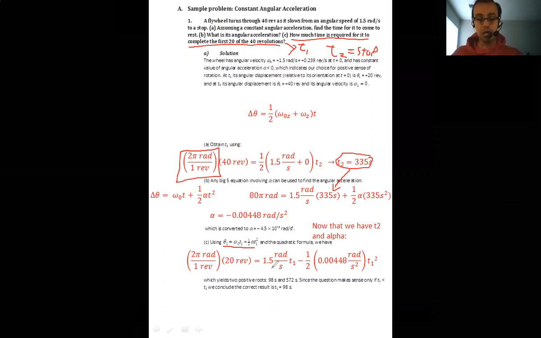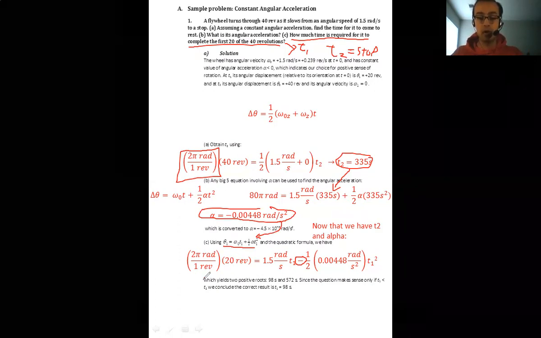We know our initial velocity times T1 minus 1/2 times 0.00448 radians per second squared times T1 squared. The reason that this is minus is that our acceleration is negative. So if we take this quantity and plug it into this equation, then we're going to see this minus. Okay? So now we have a nice quadratic equation. We can rearrange this to our heart's content. And we're going to eventually find, if we use the quadratic formula, that there are 2 positive roots, 98 seconds